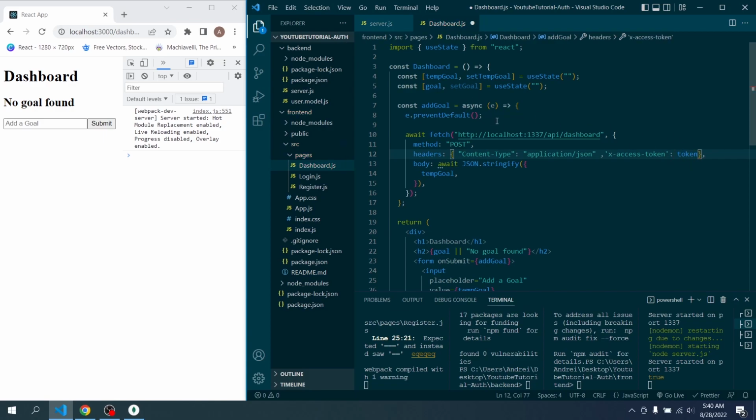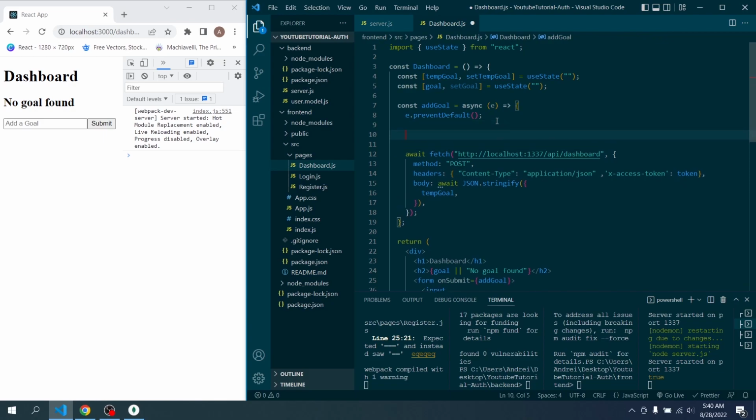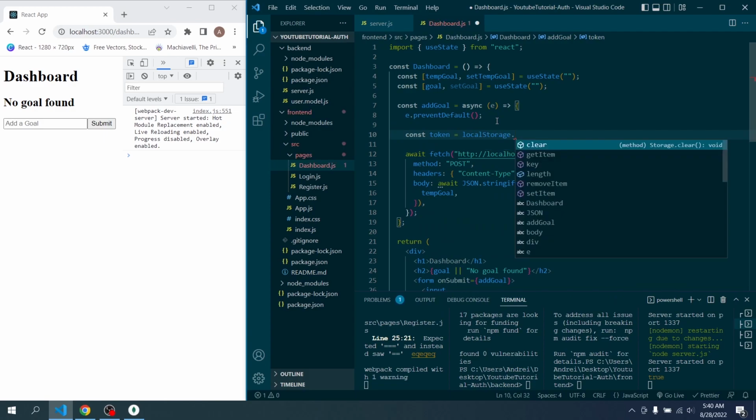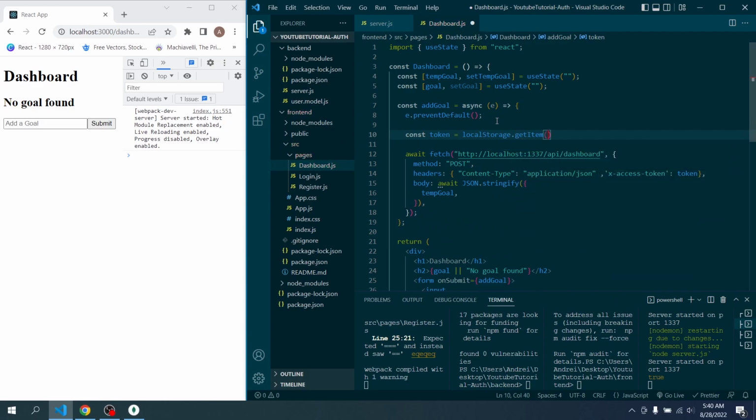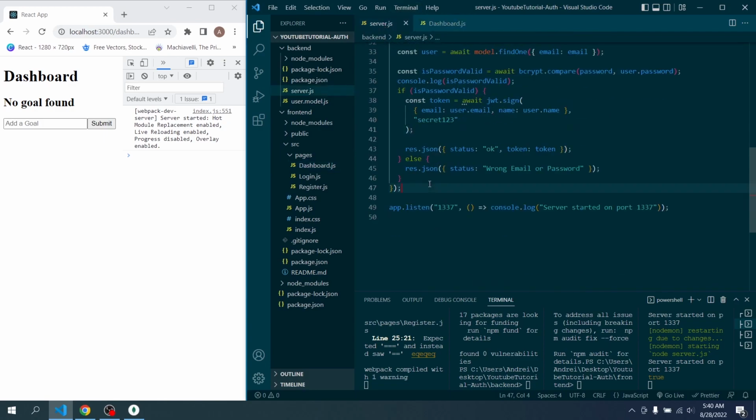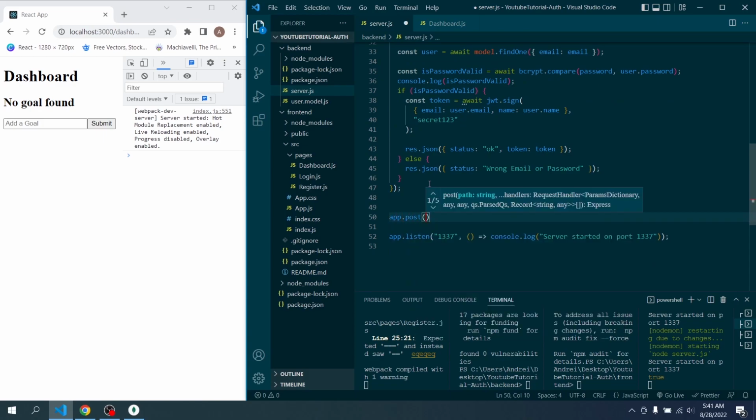So const token equals localStorage.getItem('token'). Let's save, and we're sending the temporary goal and the token to the backend as well. So let's use it in the server. So app.post, this is /api/dashboard,